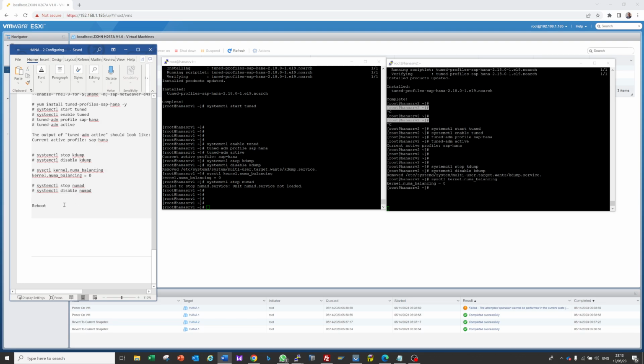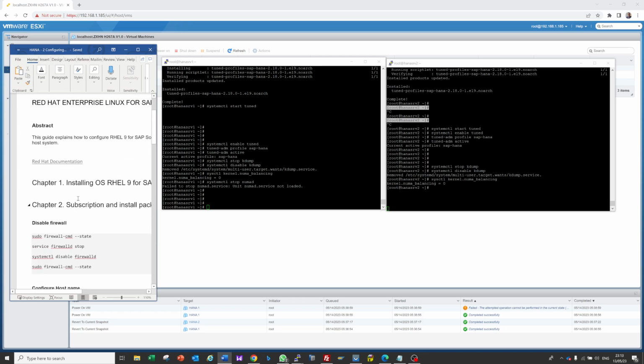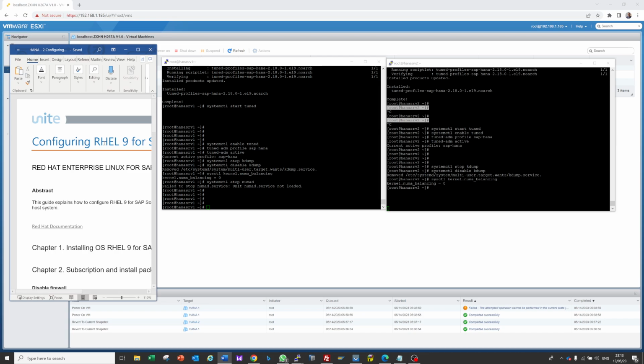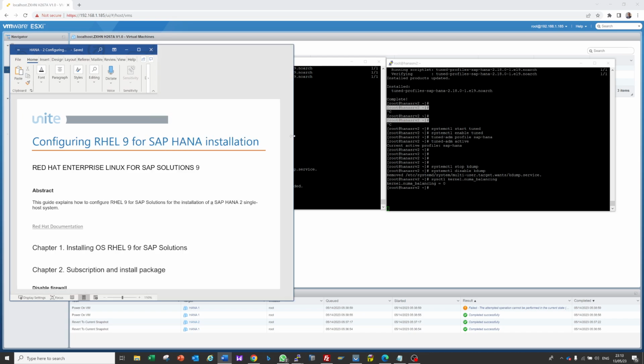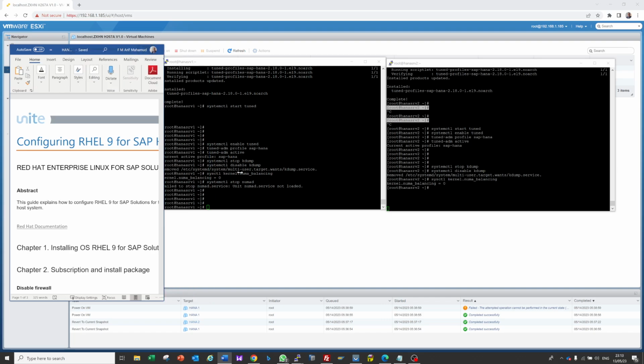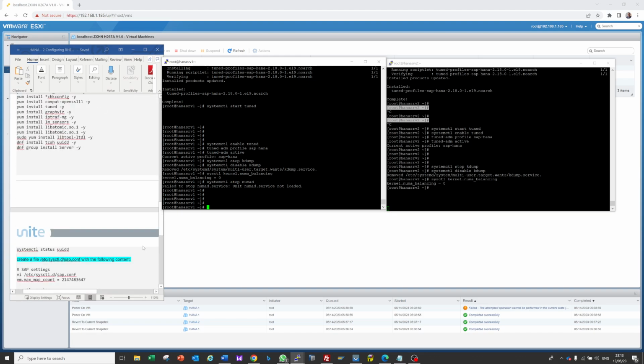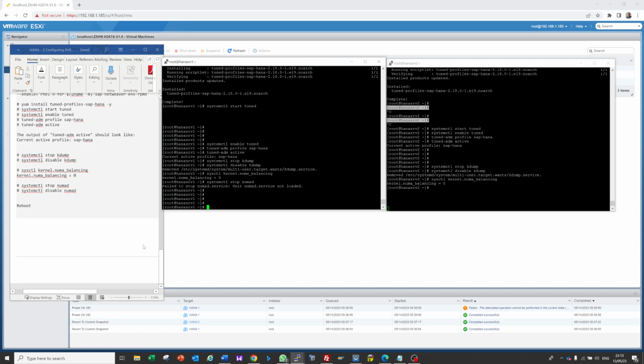So now actually all of this part is done. I mean that we completed the part of configuring Red Hat Linux 9 for SAP HANA installation. So now we have to restart our system. I mean that we have to restart our HANA hosts that we just configured, and after that